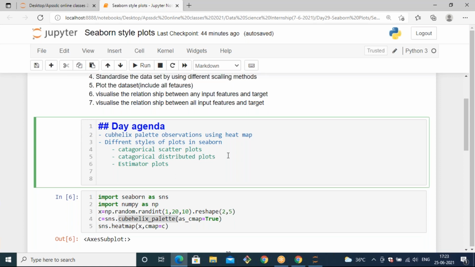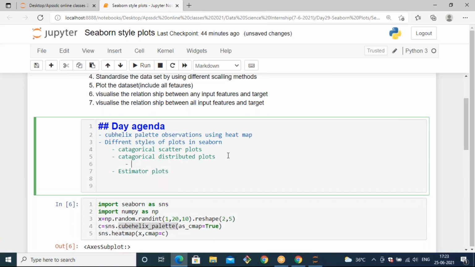What are the distribution plots you have seen in Matplotlib? Distribution plots mean the data should be distributed along its length. One example we have seen is the histogram. There the data is distributed with respect to density calculation. Based on density, it will distribute the data. Histogram is one, and what other plots have we seen?